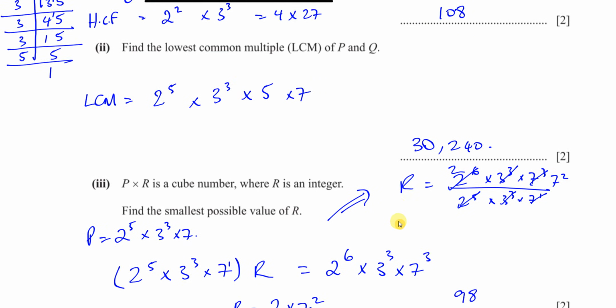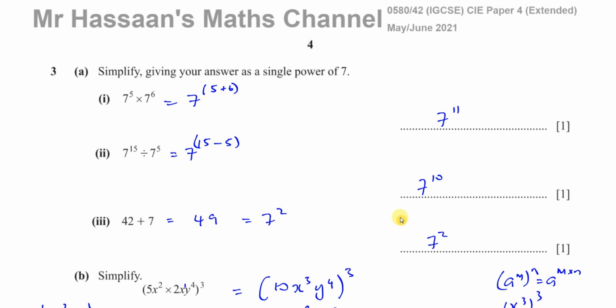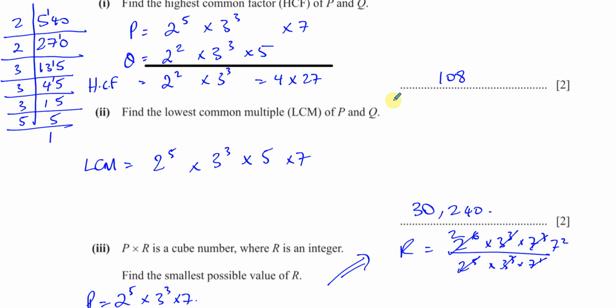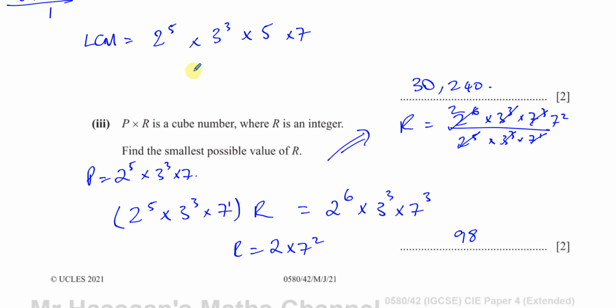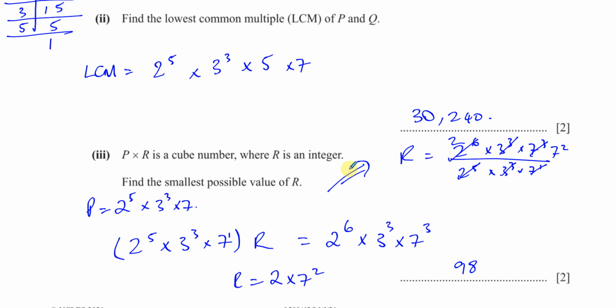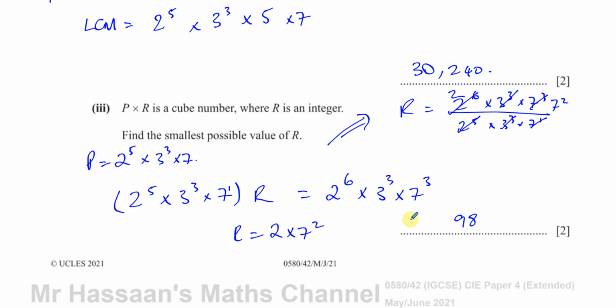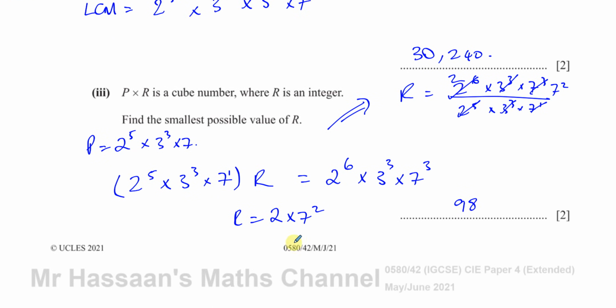Question number 3. Is it 3? Yeah, from this paper, May, June 2021. The question that the student who asked this question for me was part 3 here, but I went through the whole question anyway. So other questions you might want to find from this particular paper will be found in the playlist that should appear in this area here. Other questions about prime factorization and basic arithmetic can be found in this chapter, in this playlist over here,